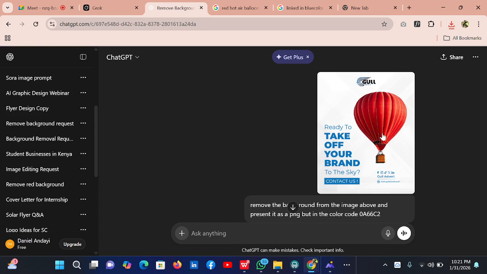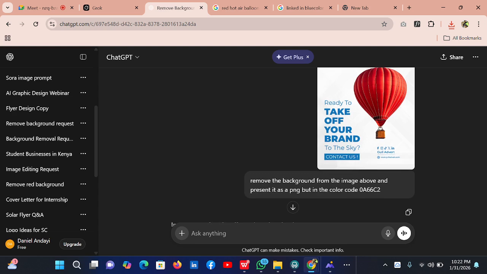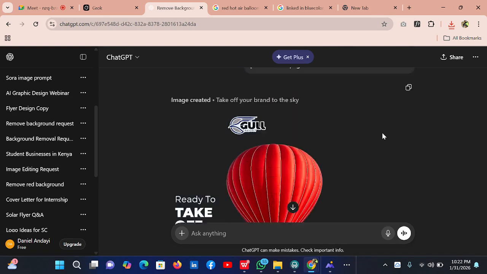So any image on any design, you can be able to extract it, because some images you find maybe are paid for on a certain site which is not free, but you want that particular image. How do you get it? You get it by taking it to AI and describing what you want and how you want it done.